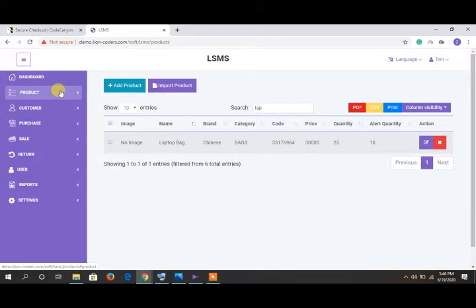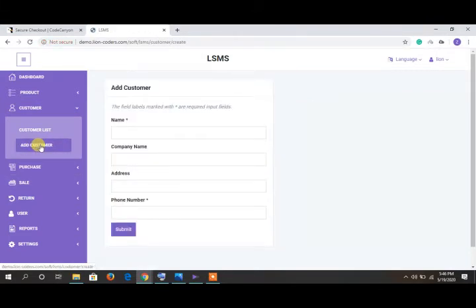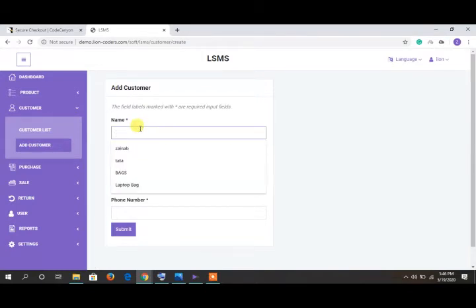So what I have to do now is sell the product to my customers. For selling my product to my customer, first I have to create customers. So I have to go to the customer module and simply add a customer. If you press this button of adding a new customer, you just have to write the name of the customer. Maybe I say the name of my customer is Ali